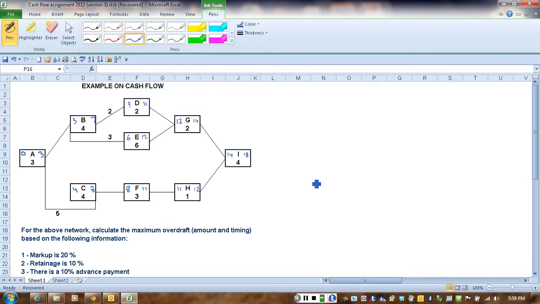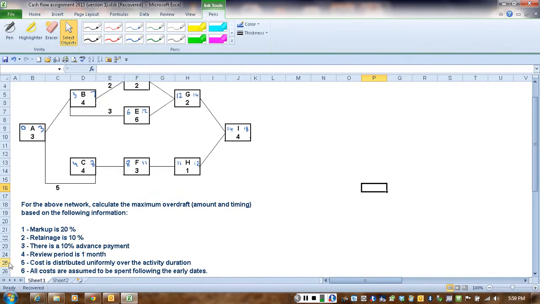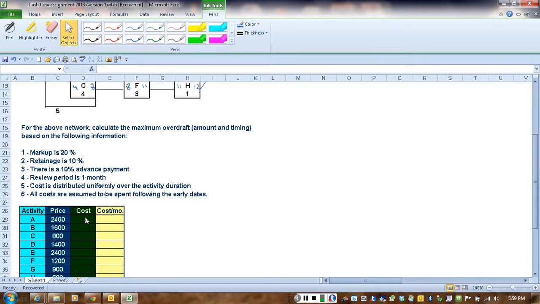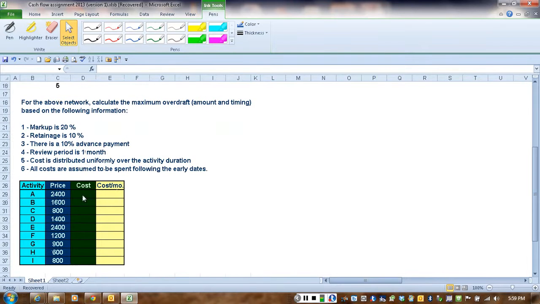We assume that all the activities are going to be done as early as possible. So that was one of the assumptions here. All costs are assumed to be spent following the early dates. So I'm not interested in the backward pass. I'm not interested in the critical activities, at least for the time being. So all I need to do is just develop a table. First of all, let's try to fill this table. So this is going to be equal to